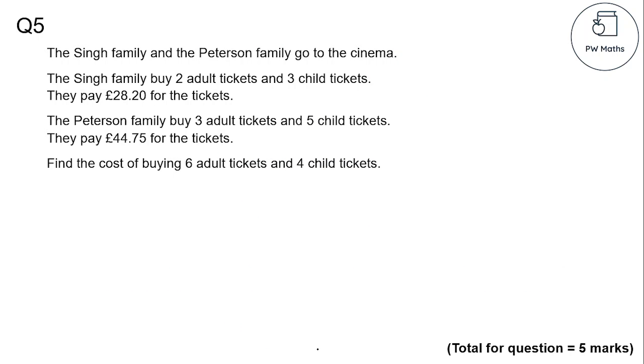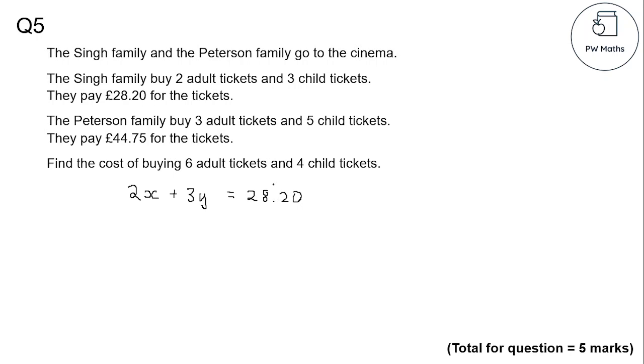Three questions in this video. We're predicting at PW Maths the Singh family and the Peterson family go to the cinema. The Singh family buy 2 adult tickets, we'll call that X, and 3 child tickets, we'll call those Y. I've chosen X and Y because that's the way the calculator works, and it says "and", so let's add them together. 2X plus 3Y, they pay £28.20, so equals